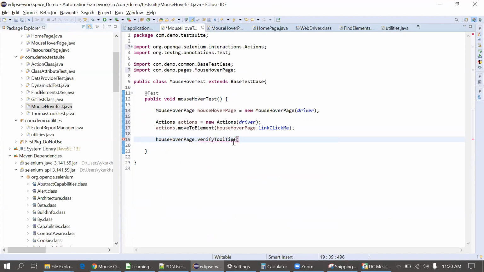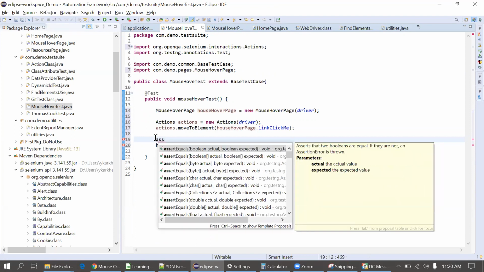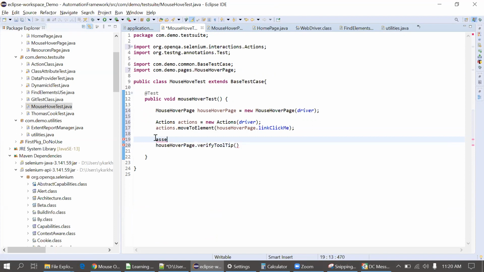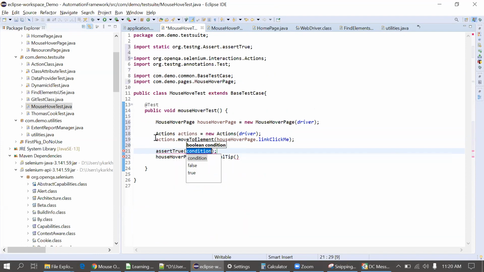This method will return true or false. So simply I will put this in an assertion. Assert true. If this condition is true, then the test case will pass, otherwise the test case will fail.